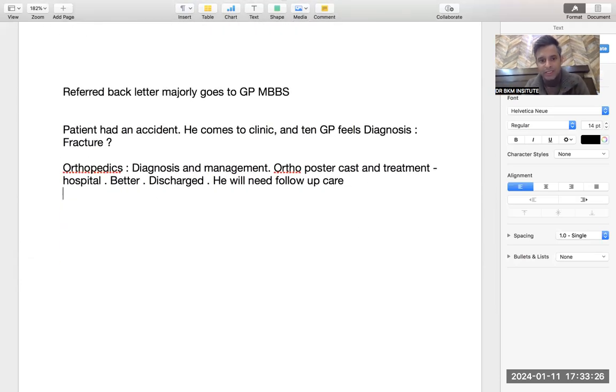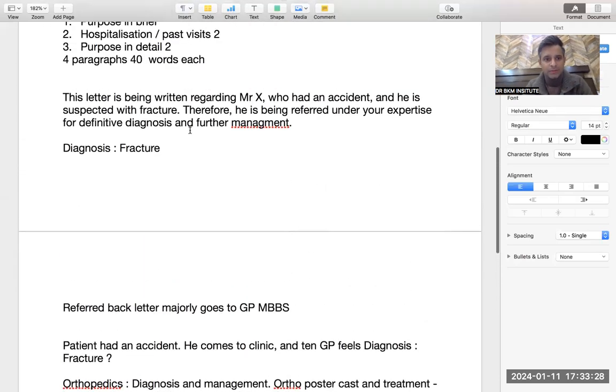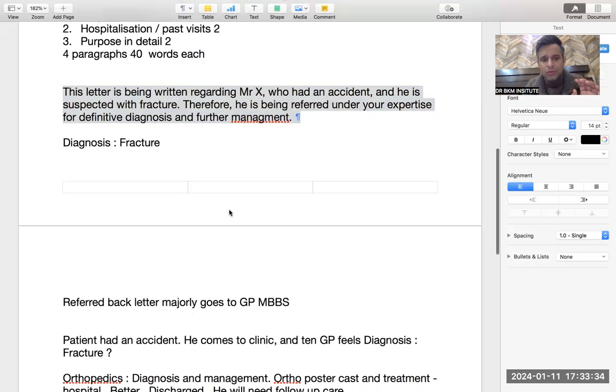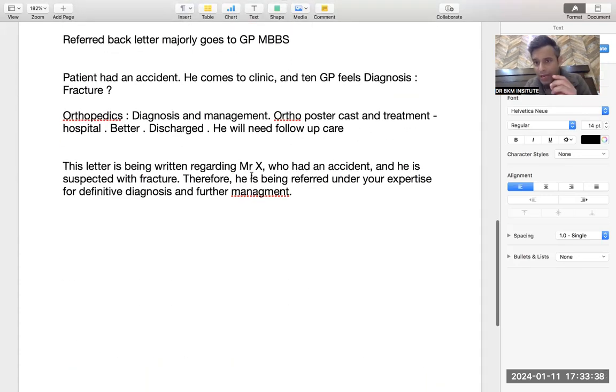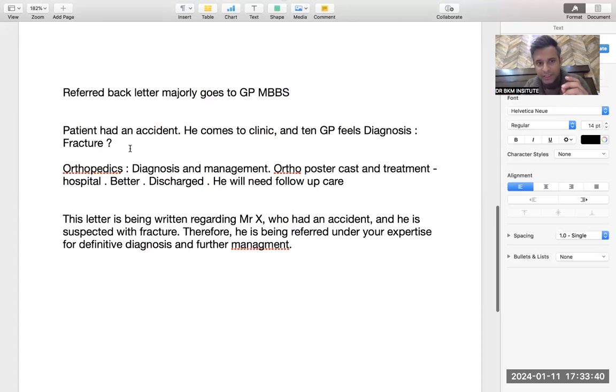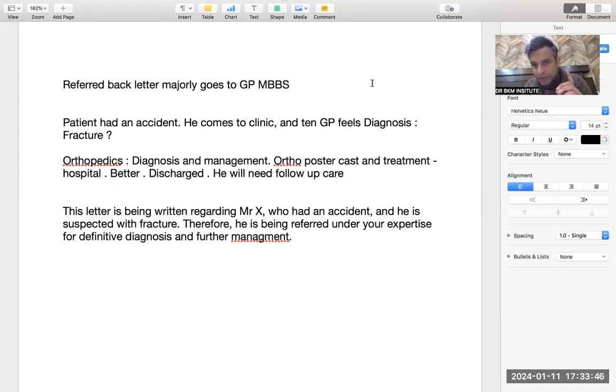Now if you have to write this letter, again I will copy and paste it. The OET format will remain the same. You just have to make it work according to the letter. Now I'm writing a letter for this situation: the patient came to the GP, the GP sent the patient to ortho, ortho gave the treatment in the hospital, and now the patient needs follow-up care. So this letter is being written regarding